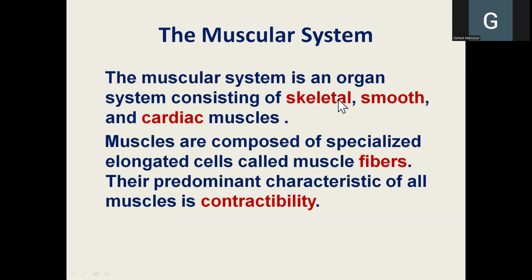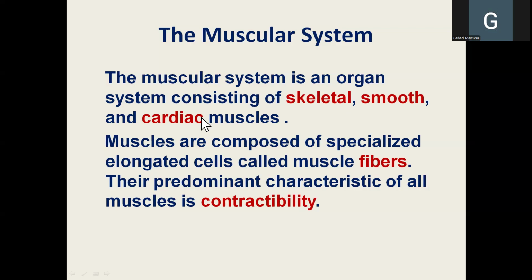The second type of question that you might see on the test is to enumerate the different types of muscular tissue. So we have the skeletal muscular tissue that is by definition attached to the skeleton or to the bones. We have the smooth muscular tissue that lies mainly in the internal organs. And we have, of course, the cardiac muscle tissue, or the myocardium, that lies in the substance of the heart.